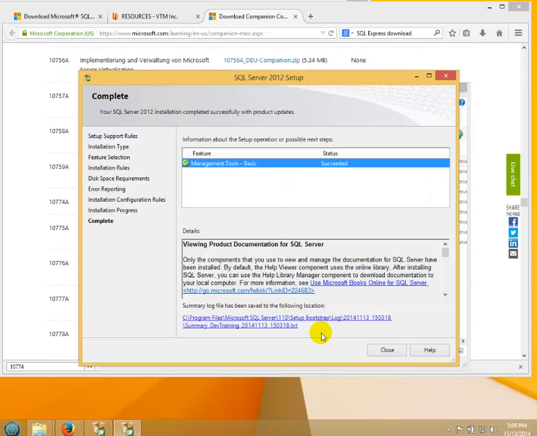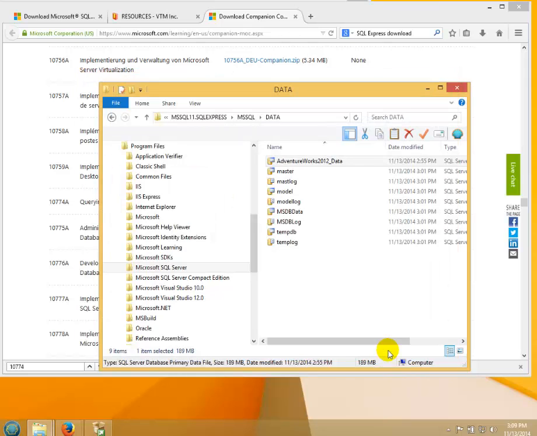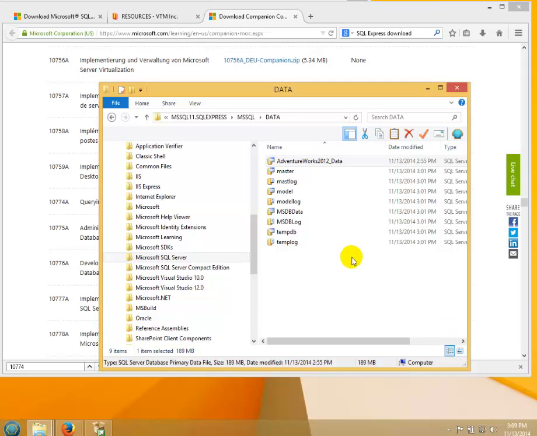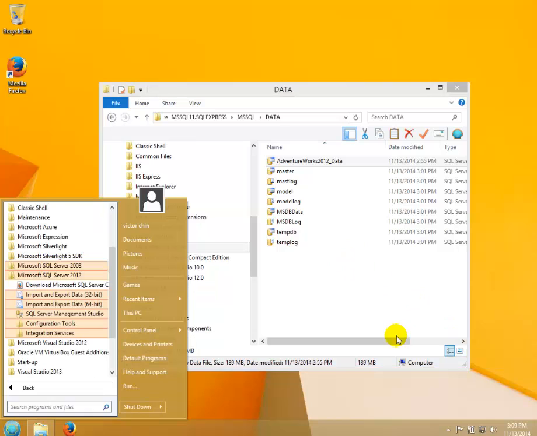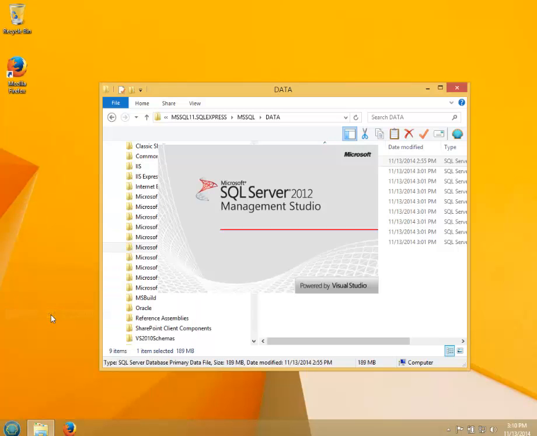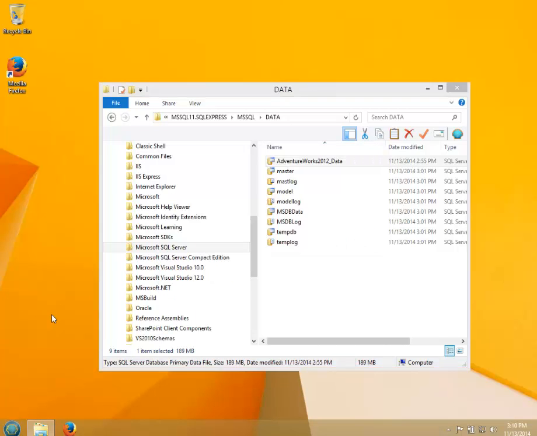All right, now the installation is complete. Close that. Okay. All right, now the installation is completed. In the Start menu, you should be able to find SQL Server 2012, SQL Server Management Studio. Okay. Now to connect to the Express instance,